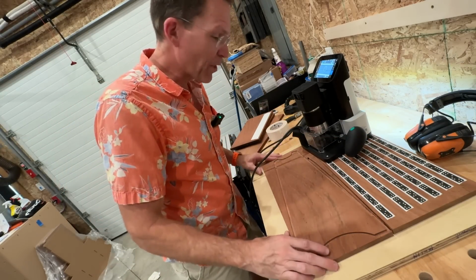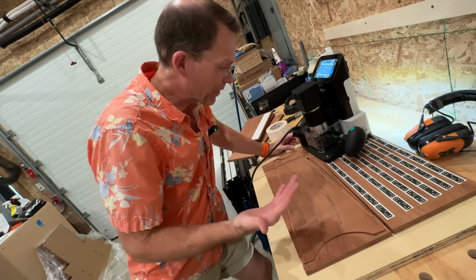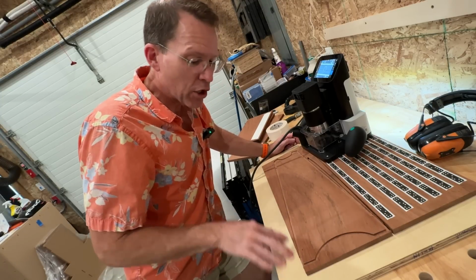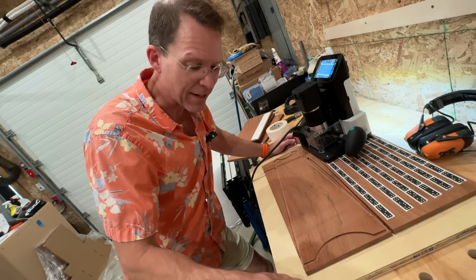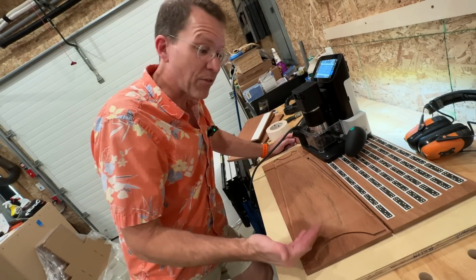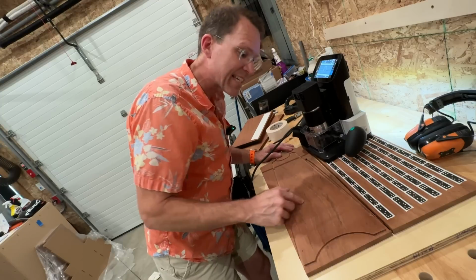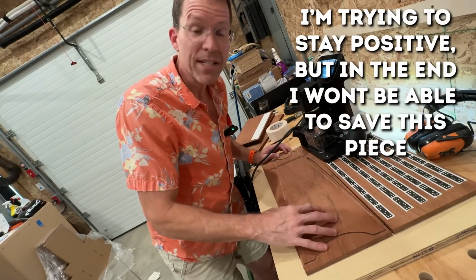What happened? Well, the board shifted while I was cutting it. This has never really been a problem before using this tape, but I think the fault is this cheap plywood that I'm using, and it's got this kind of plastic finish on it. I don't think the tape is getting a good grip on it, and the thing moved. Now, is everything lost? No, it's not. The good thing is the cut line went outside. It didn't cut inside,